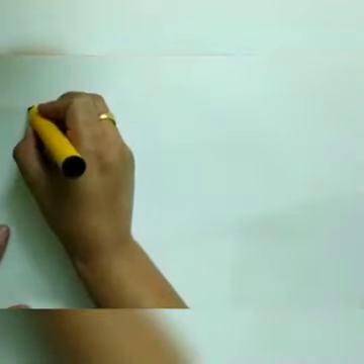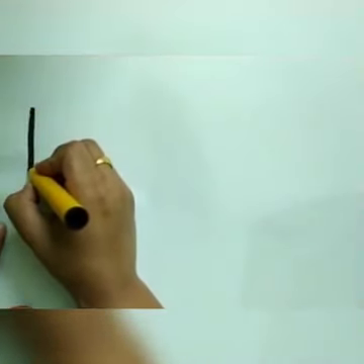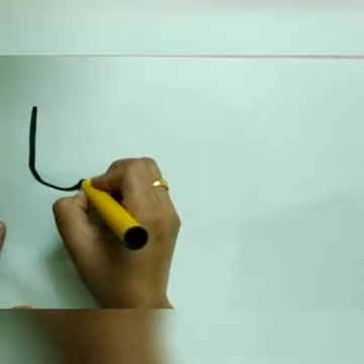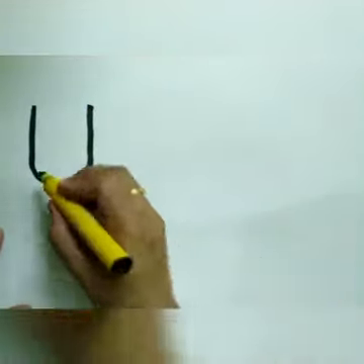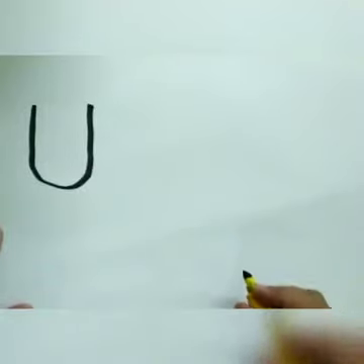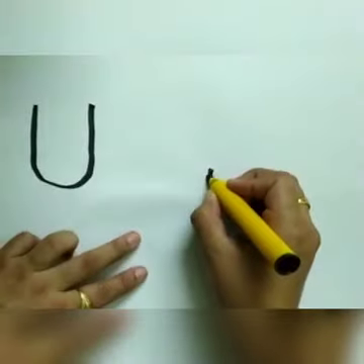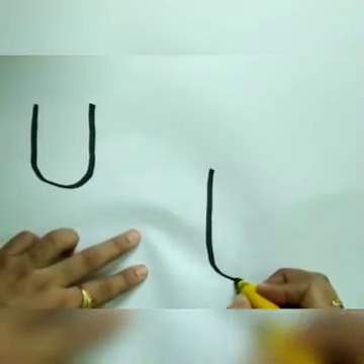Now next I am making letter U here. For U, you make a standing line, then a curve, go up and join the line. This way. This is your U. Now let's learn how to make drawing with this letter U. For this, we make a big U here like this.